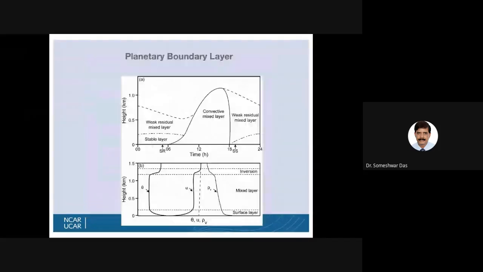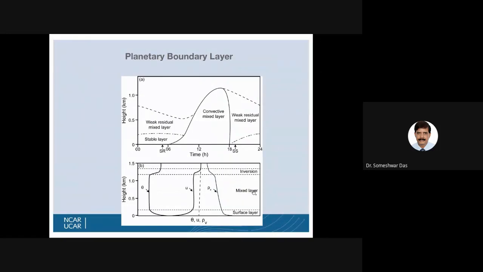This diagram also you are familiar with. You have studied this in the theory part. I will have to skip many slides, otherwise we will not be able to cover the remaining physics today. But this basically illustrates the vertical profile of potential temperature in the planetary boundary layer, vertical profiles of the wind, and the vertical profiles of the specific humidity. And you can see how rapidly these profiles vary in the surface layer, as well as in the mixed layer and in the inversion zone or the entrainment zone at the top of the boundary layer.